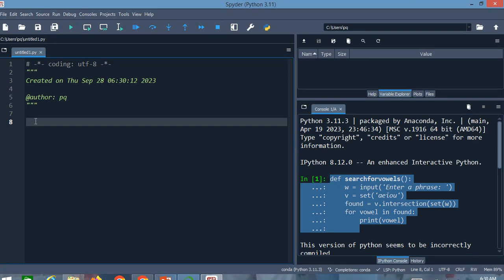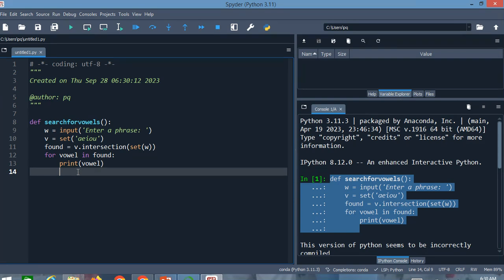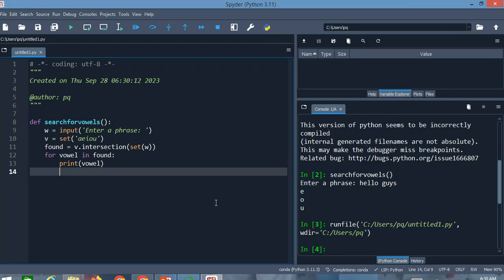Let's press F5. You can see that the program runs, but there is no visible effect here because